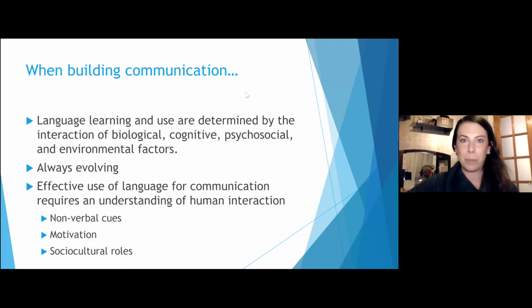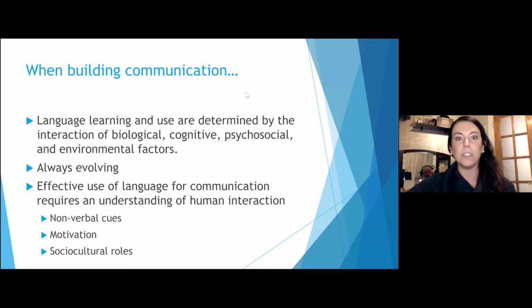I've given the example 2 weeks ago where communicating through emojis was never a thing 10, 15, 20 years ago. And now it's something that we're using within our therapy sessions. We have to teach our kids what different emojis mean, so that way they're able to understand and comprehend what someone else says, and then be able to express the same thing as well. Our language is consistently changing depending on what's going on around us.